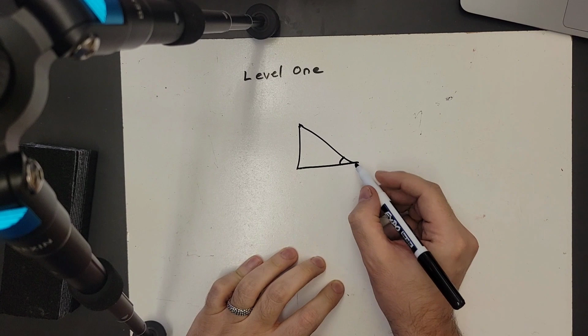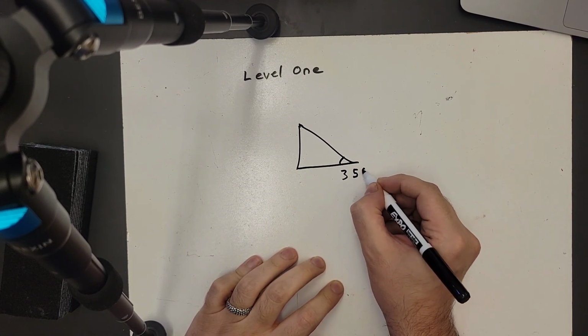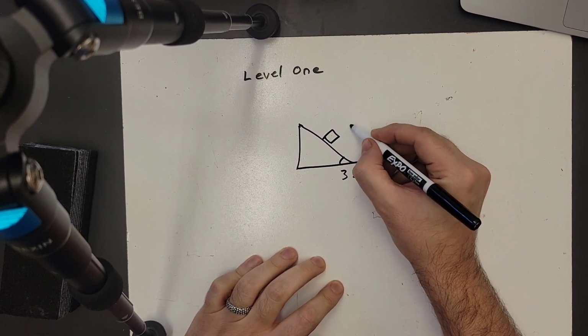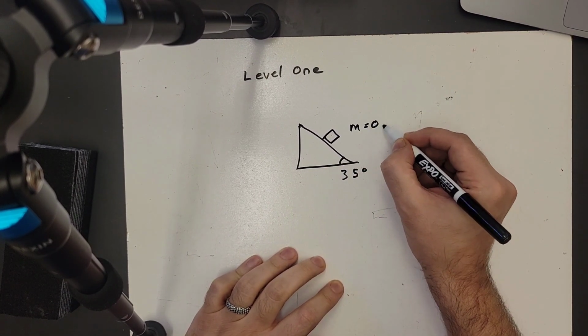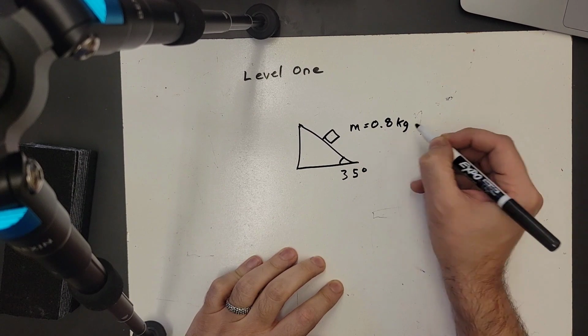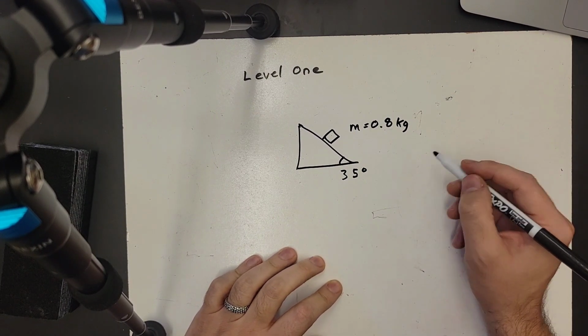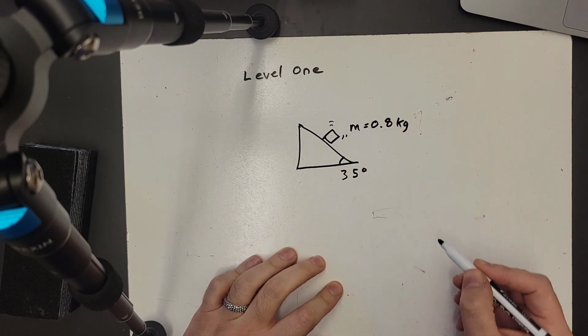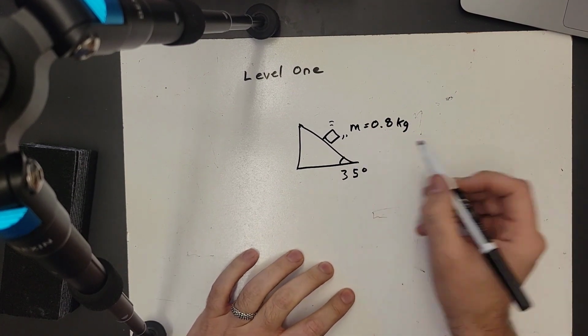It is inclined at 35 degrees. There is a block on it. The mass of the block is 0.8 kilograms. And then at this point, it just barely starts to move. All right, that means that